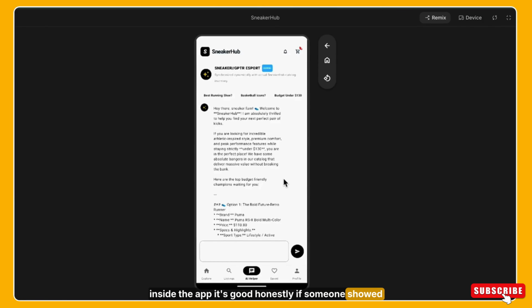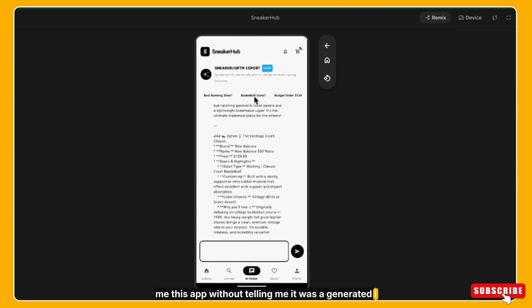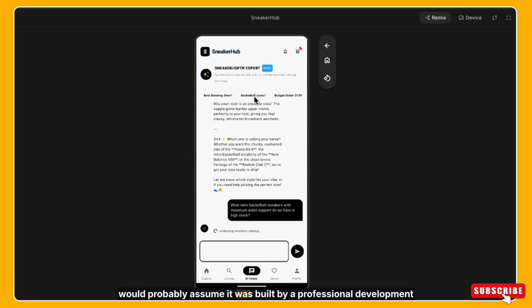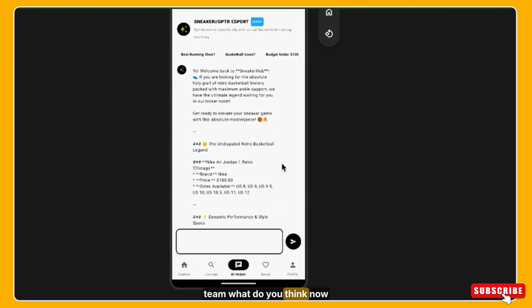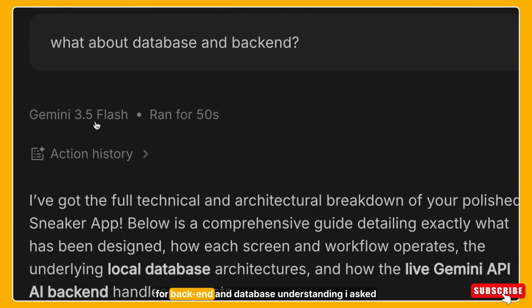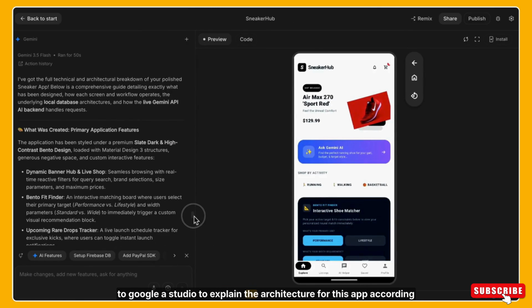Honestly, if someone showed me this app without telling me it was AI generated, I would probably assume it was built by a professional development team. What do you think? Now, for backend and database understanding, I asked Google AI Studio to explain the architecture for